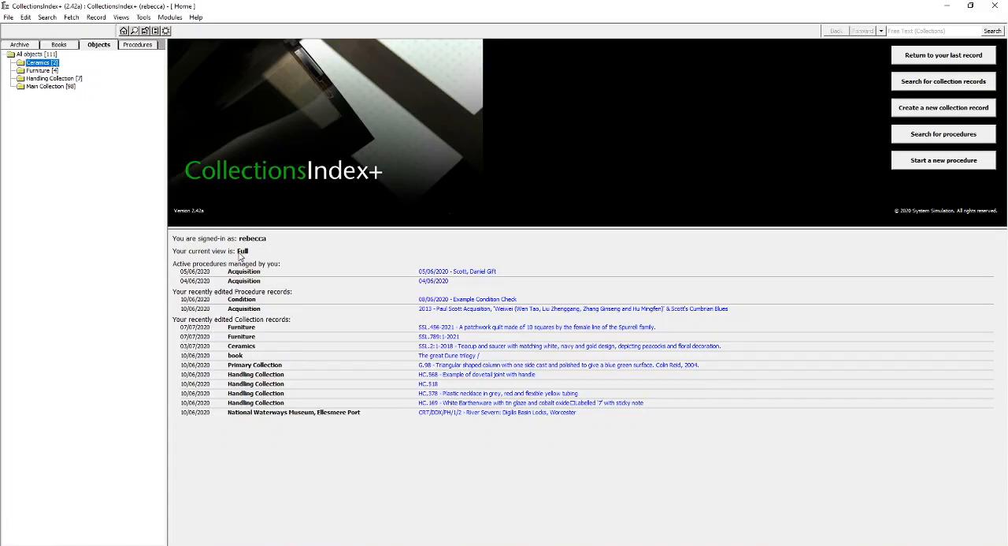Hi everyone, I thought it might be useful to have a short video on views in the desktop or Windows version of CollectionsIndex Plus. So views allow you to decide what sections and what fields you see. They streamline the edit form and they also affect what you see when viewing a record and in your advanced search form. They aren't a replacement for permissions because users can change between views very easily, but they are there